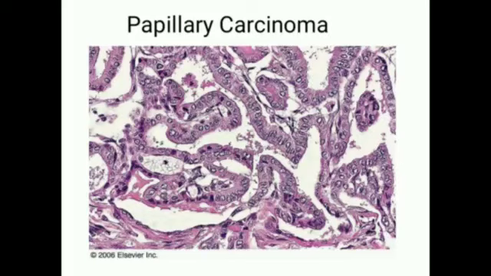Okay, so here you can see the whole papillae-like formation. Papillae means, like when we eat coriander, the way it grows, in a similar way they have a papillary pattern, and the nucleus which is bluish in color, just a rim of the nucleus is there. The center is completely empty, that is called Orphan Annie nuclei, and it has been protruding out. Like a young lady in an orphanage, because of lack of nutrition, her eyes will be protruding out. In a similar way you can see that here.